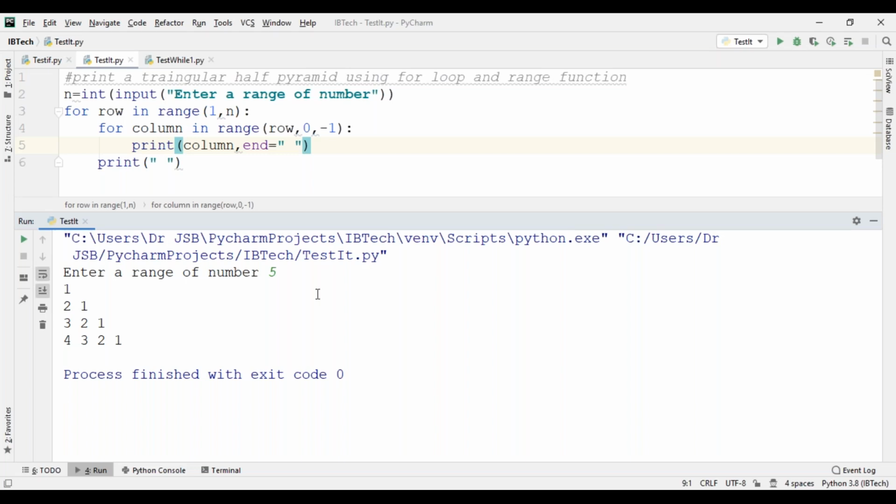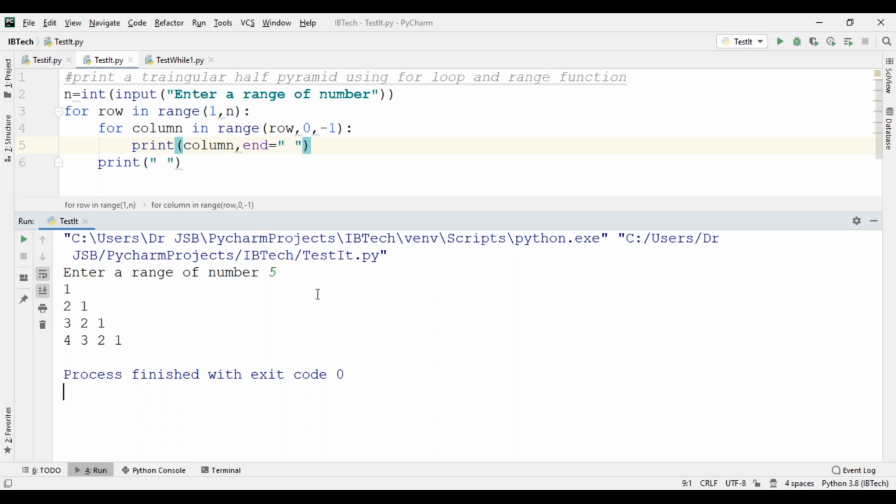Can you repeat again? See, simple. These are the patterns for row in a range, rows and columns, right? So in a row, your range 1, comma n; 1, comma 5, for example, means up to 4. For column in range, row, comma, 0, comma, -1: for the first row, how many elements do you want? One only. So 1.